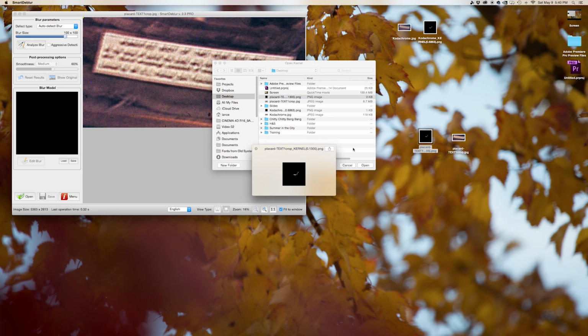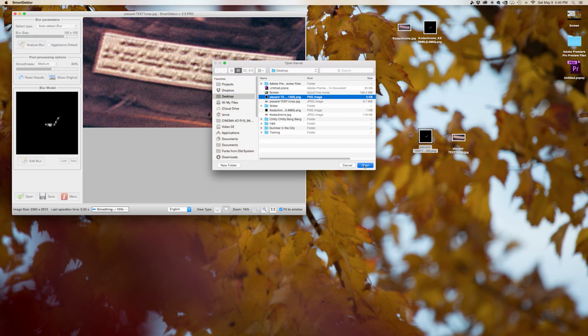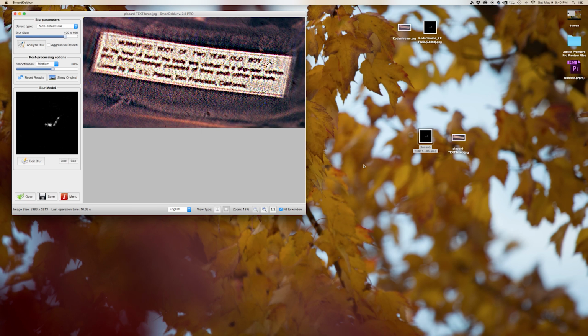And again, it's just a little black and white file. Now it takes it a moment to do this because this is a bigger image. It's not a better image, but it is bigger. And so when it gets finished loading, you end up with this. And if you add just a little bit of smoothing